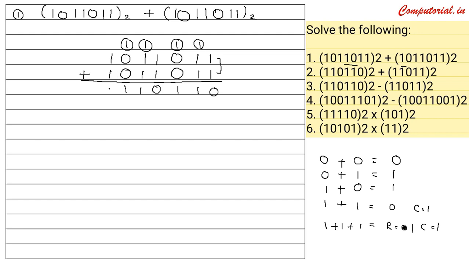And then at last you have to add these 2 ones, so it will be 0 and a carry of 1. And then at last you have to note down that carry over this side. That's it. So here the final answer is 10110110 with a base of 2. So it is the complete question, the first question, easiest one. I hope that you all must have got this. So those who have done this question correctly, they can just give themselves 1 mark, and those who have not done this correctly, don't worry, you can just understand the concept and then you can try to solve this question once again. Now let's move to our question number 2.